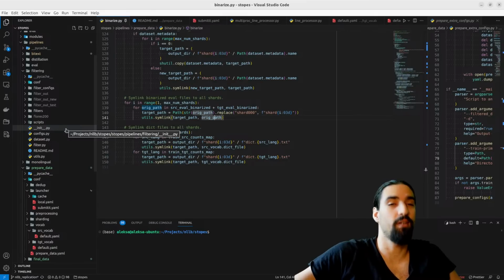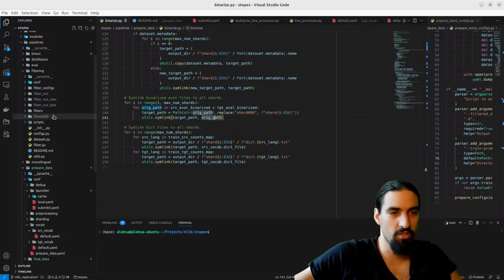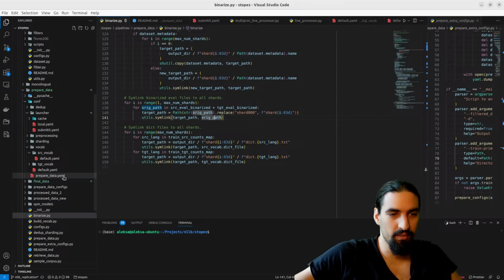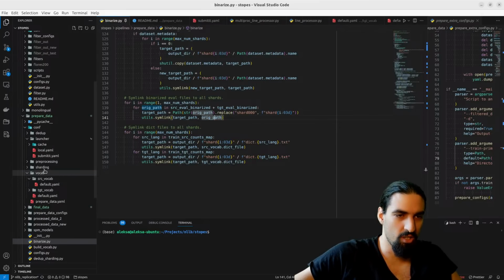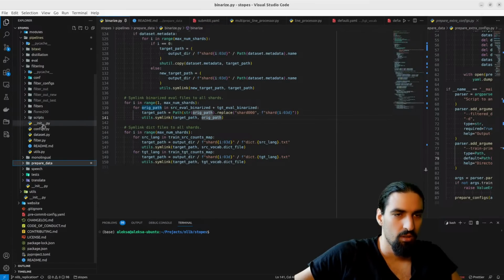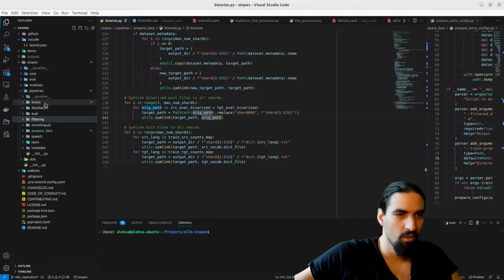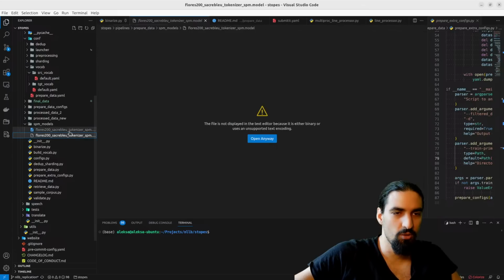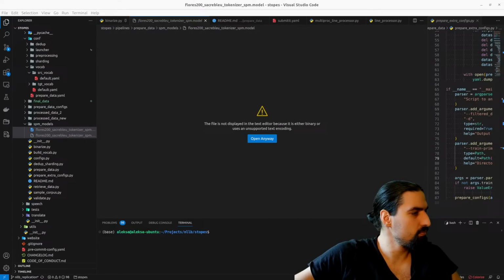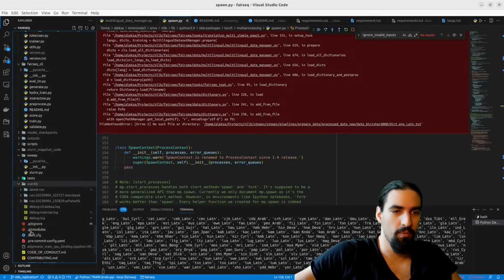Okay, I know what happened, guys. I think I can quickly fix it by just copying the SPM models. So I deleted the SPM models from my FairSec root because I basically changed its location. This shouldn't be problematic to solve. Let's just see, filtering, prepare data, SPM models. I just need to copy these two. And I just need to copy them to the root here.